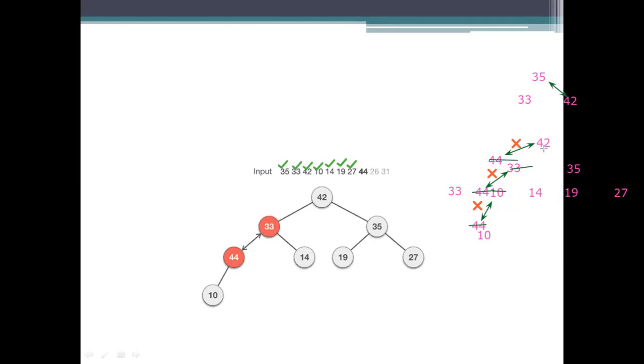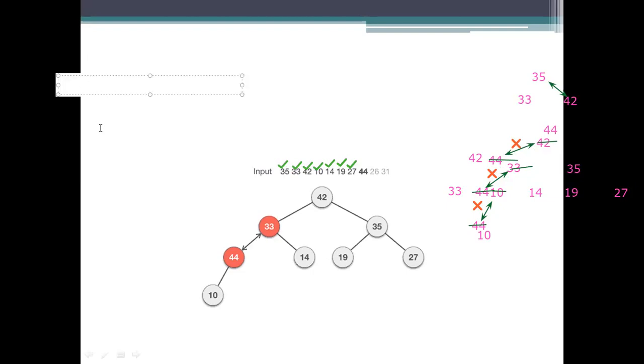So here this will be again specified as 42. And here I am getting 44. Okay.